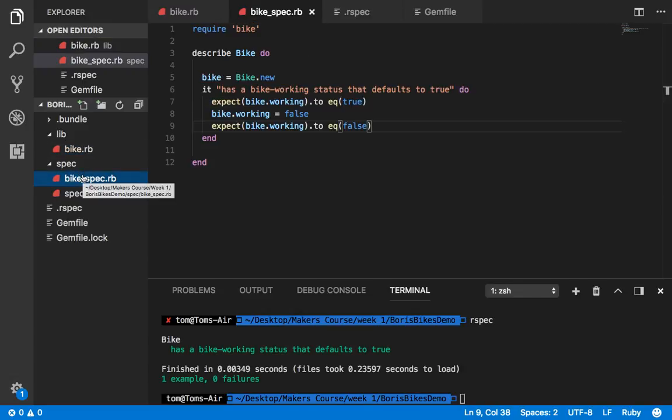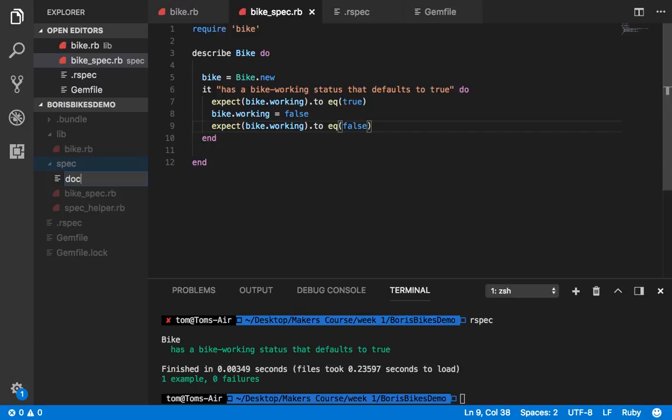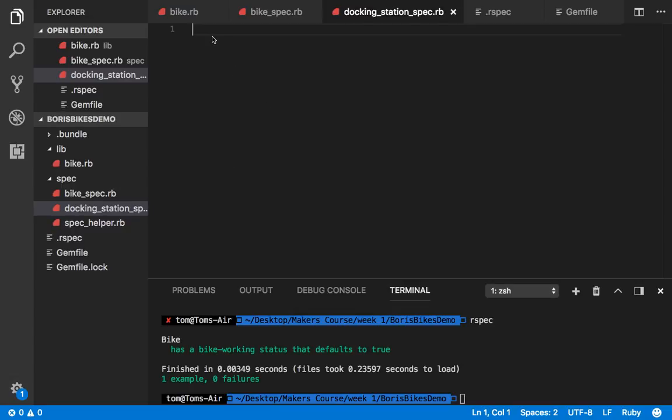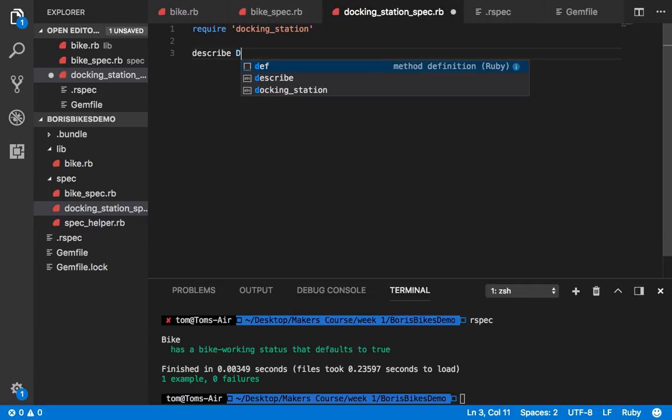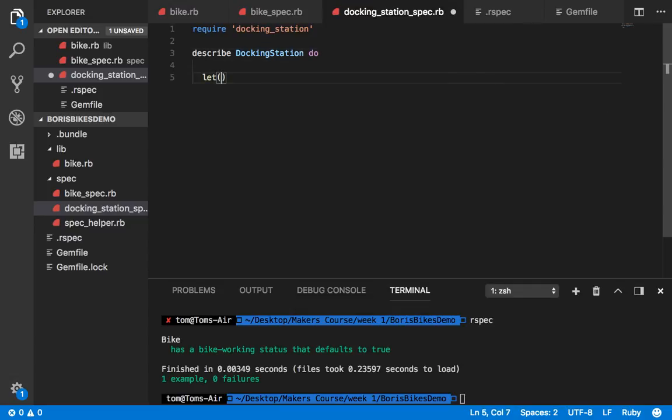So we move on and start to think about our bike docking station. So we can call that our docking station spec, docking_station_spec.rb, and we have to describe our docking station. So we require a docking station. Of course, again, our spec will find this automatically, and we describe DockingStation do. We let bike